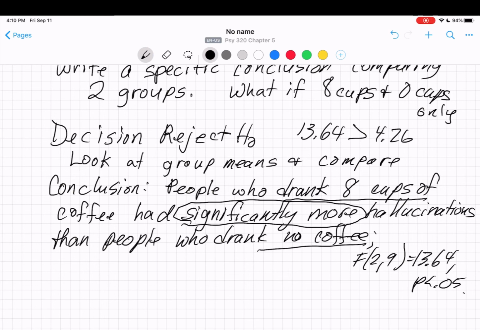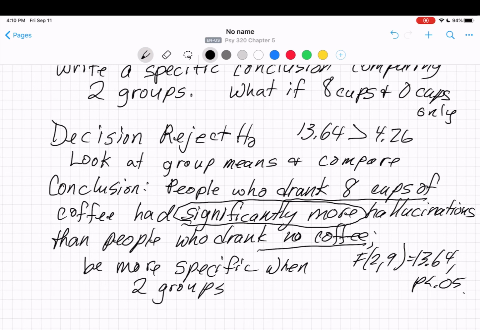Okay, so you want to be more specific when there's 2 groups. You only have to do this if you reject the null hypothesis, right? The only reason you have to do this when you reject the null hypothesis is because you only have 2 groups